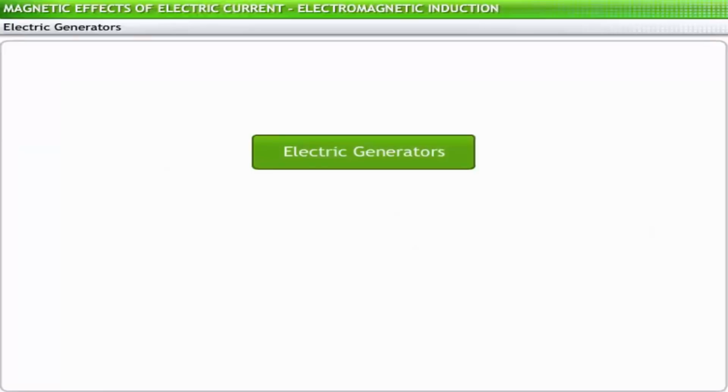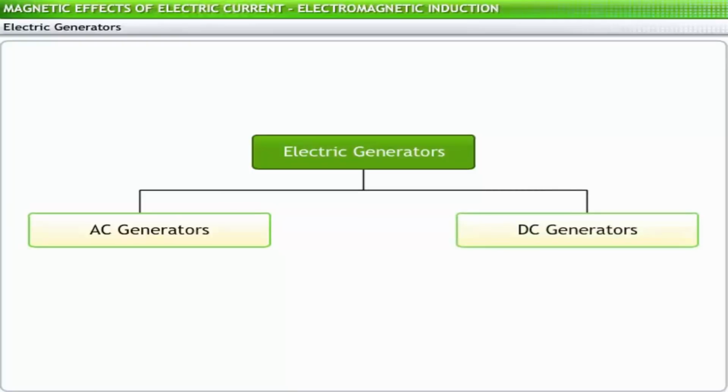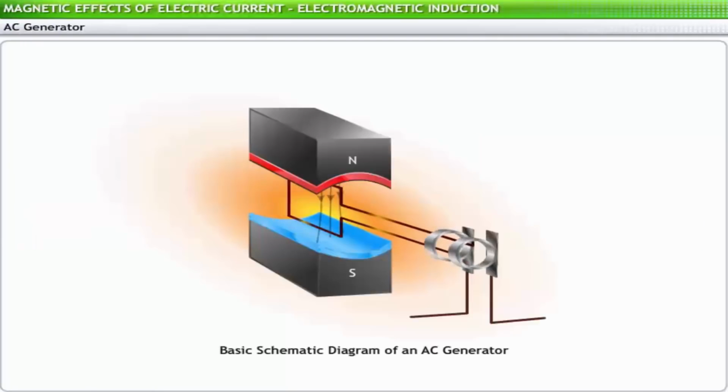There are two types of electric generators: AC generators and DC generators. An AC generator is made up of four major components: an armature consisting of a laminated soft iron core with copper windings with a large number of turns,